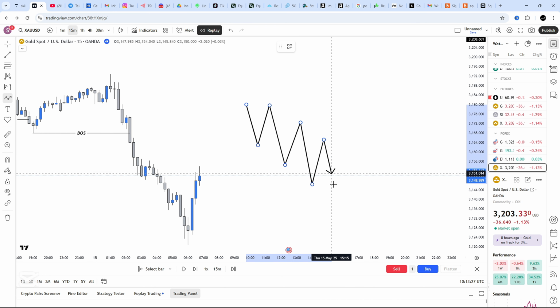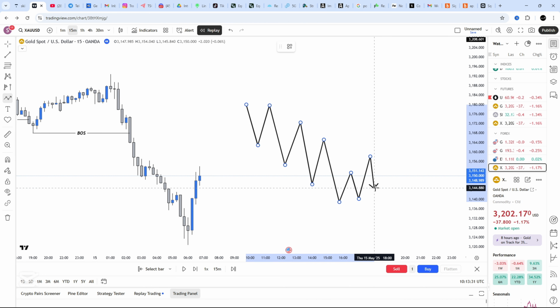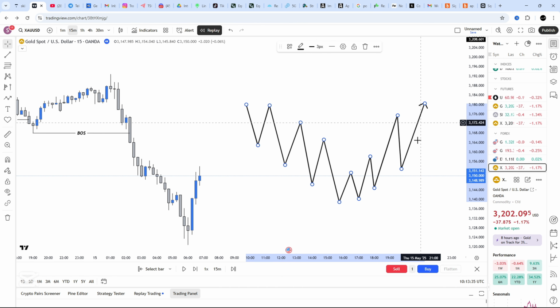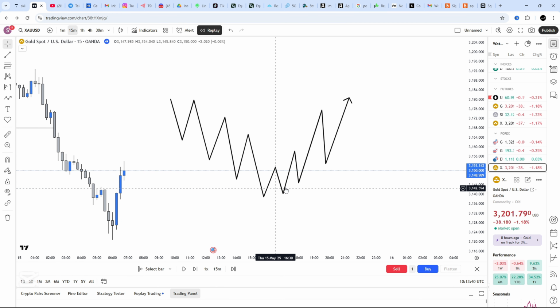Then there comes a time when the market wants to change direction, and this is it. So we take entries to catch the whole of this direction. Let's say we take this buy from here up to where the market will end. So those are reversal entries, the entries that we take on the turning points